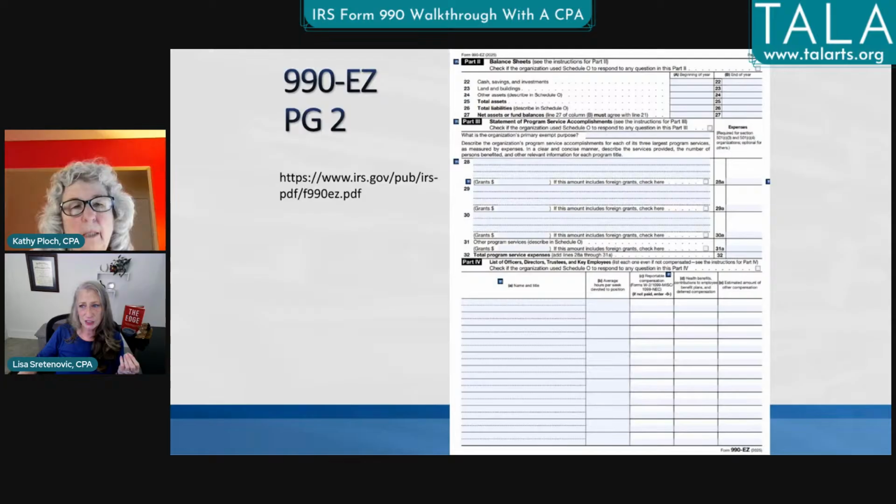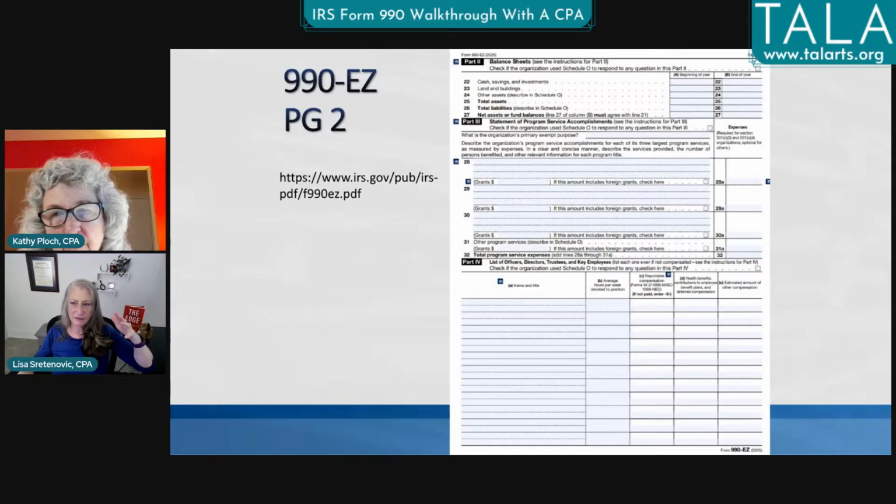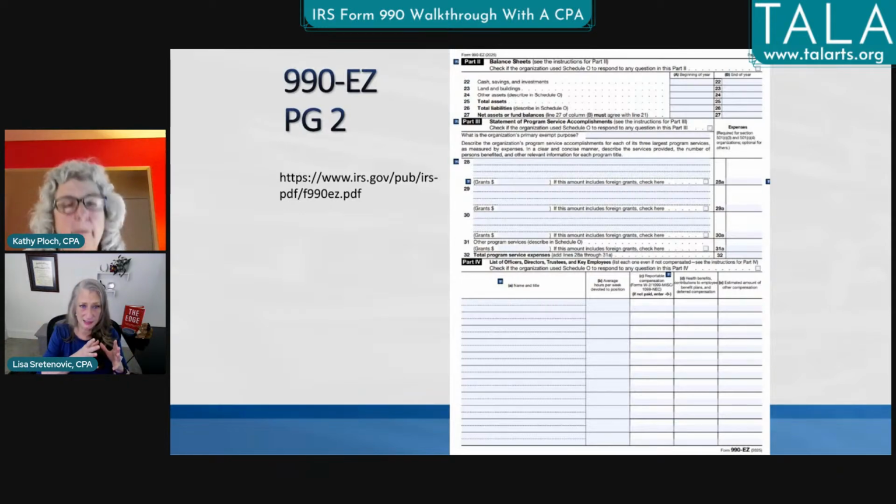We did have a question around the expenses being reported, and did they have anything to do with 1099s? And the answer is no. You report all expenses, regardless of whether 1099 reporting was necessary. 1099 reporting is irrelevant to how your expenses are being reported for 990 purposes.